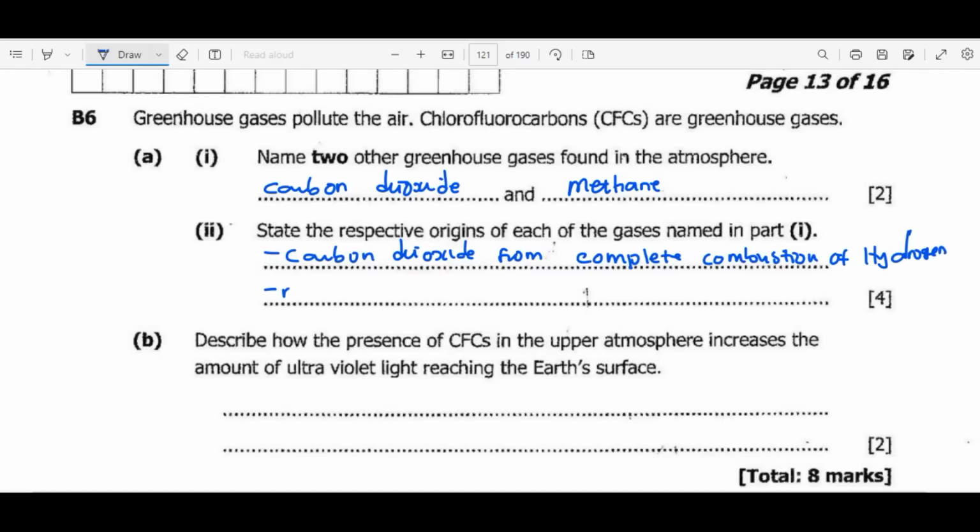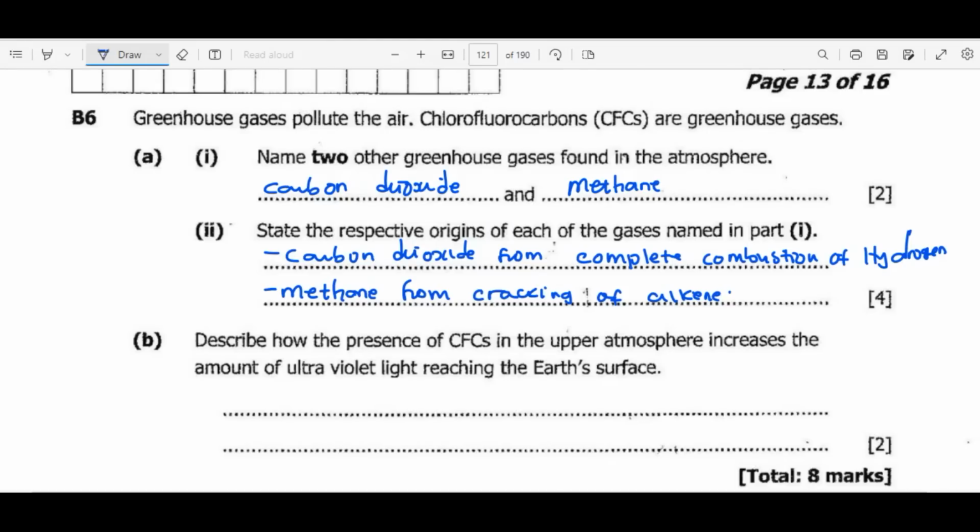Then methane can be produced from cracking of alkenes. Then describe how the presence of CFCs in the upper atmosphere increases the amount of ultraviolet light